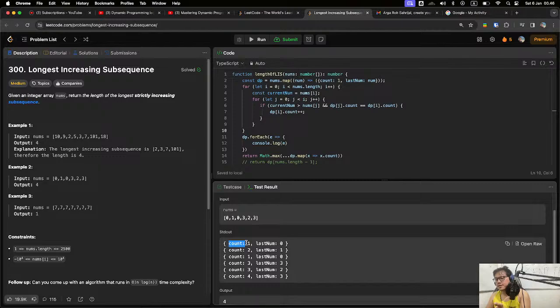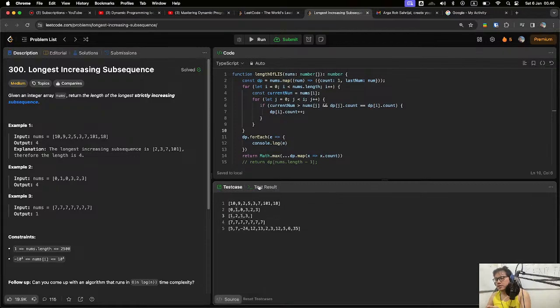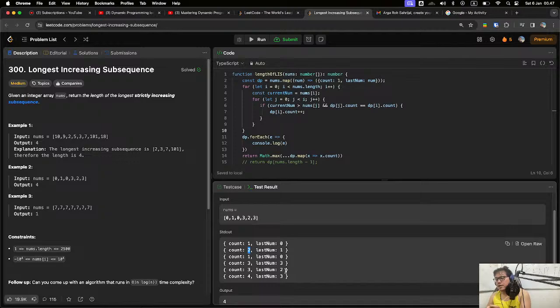This count field is the length of the longest increasing subsequence. And for the second element, 2, just like this, 1 2 1 3, this is also 1 2 1 3. And when we move to 2, the count is 3.